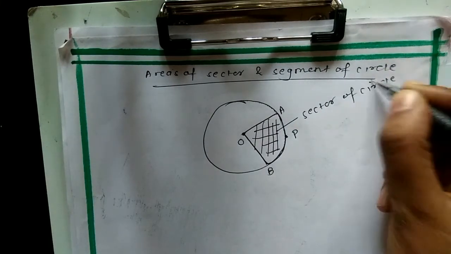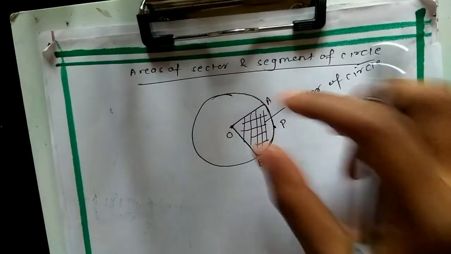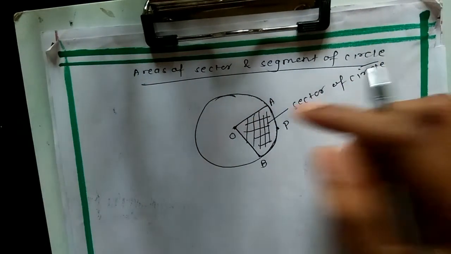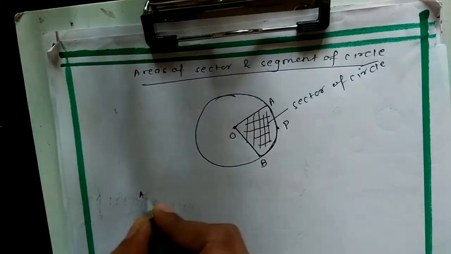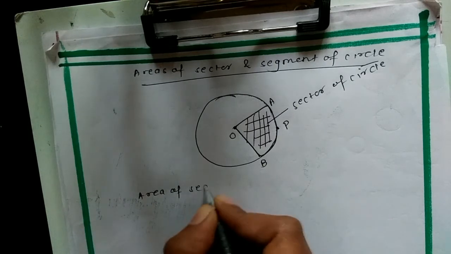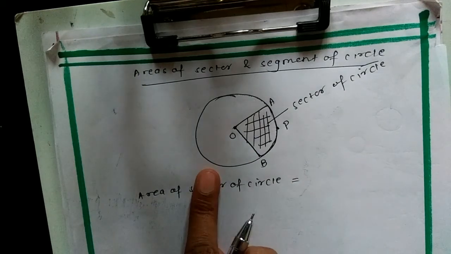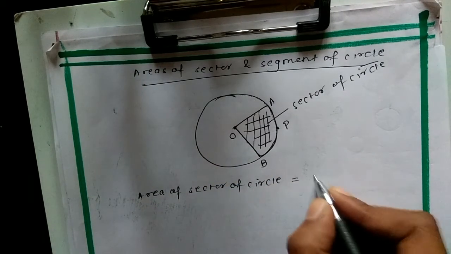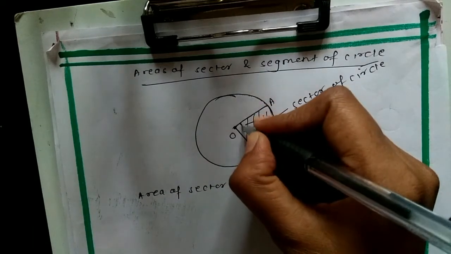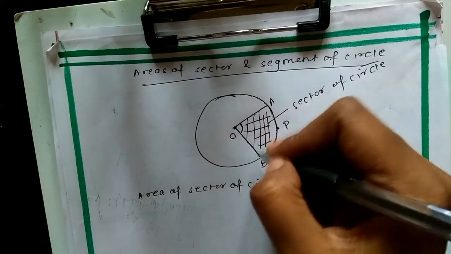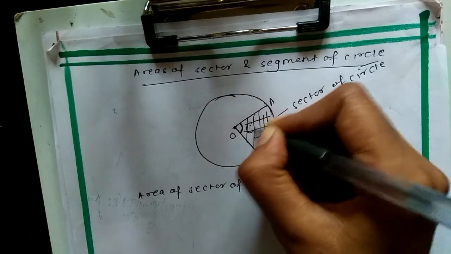In previous classes you have studied how to find the area of a full circle. Now you have to focus on finding the area of a sector. Sometimes you need to find the area of only the required portion, only this portion. So the formula for the area of a sector of a circle has a slight difference. Because the sector is a part of a circle, the area of the circle will be pi r square, isn't it? But when we have the sector, there is an opening between the two radii, so there is formation of an angle. Let us take that angle as theta.